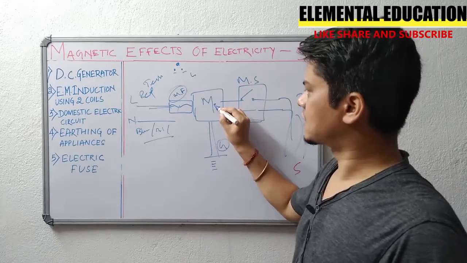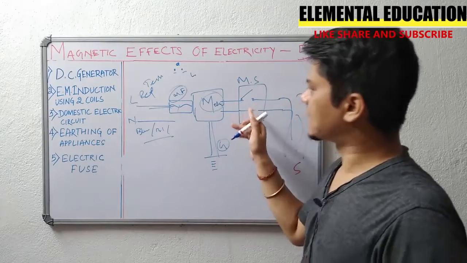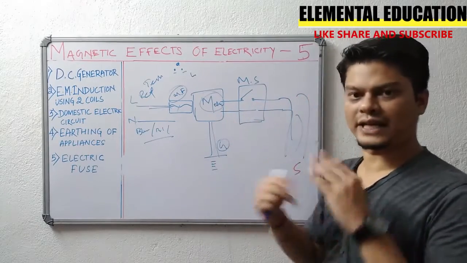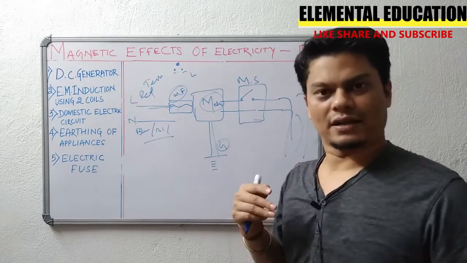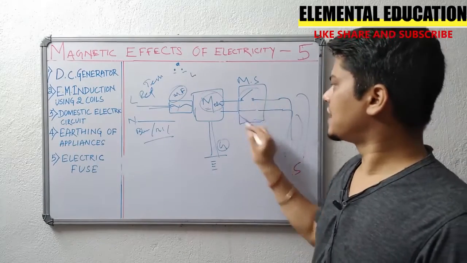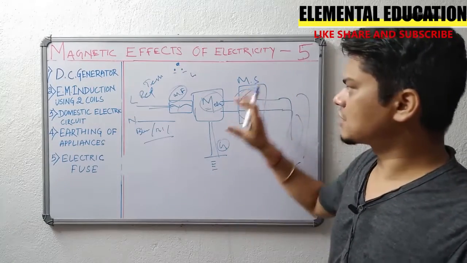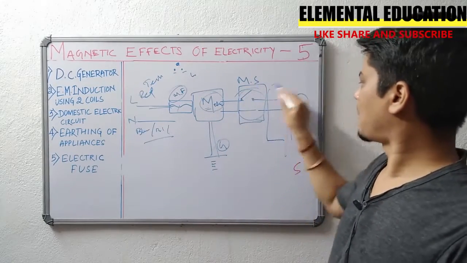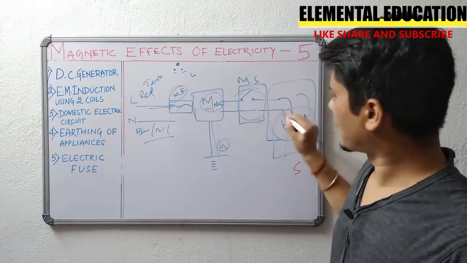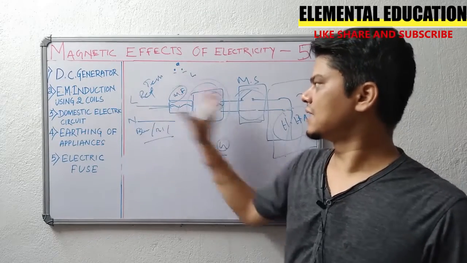Now there is a meter. This is the meter from where we are getting the bill every month. So this meter will calculate how much electricity is passing through it, or how much load we are taking, how much electricity we are consuming. So this meter will count that. So after that we have a main switch. What is the work of the main switch? Suppose this main switch is the total cutoff from our household appliances, wiring and the supply. Till the meter it is the grid supply, right?